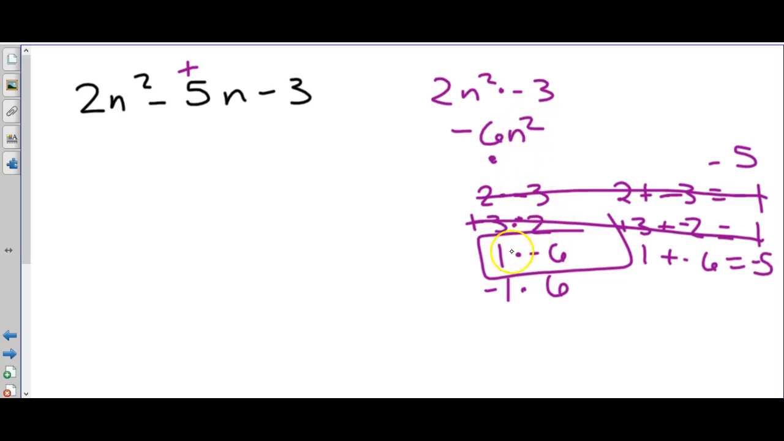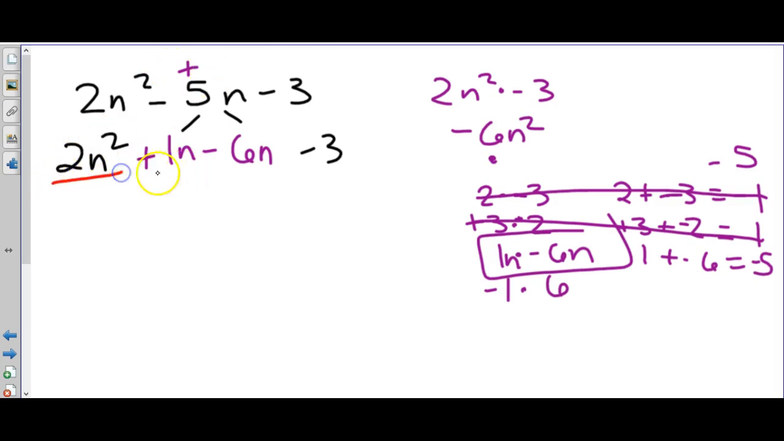Now since it's n squared, we know this is 1n times -6n. So we're going to take this middle term, -5n, we're going to rewrite it as this +1n minus 6n. So we split this up to the two numbers we found. Now we're going to do greatest common factor with the first two terms and greatest common factor with the last